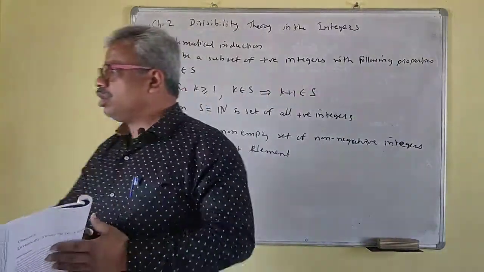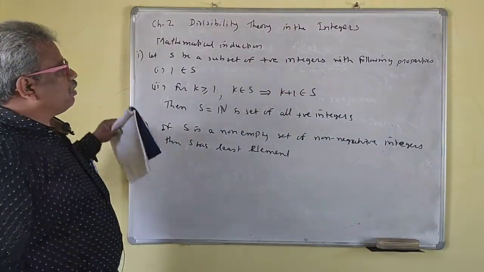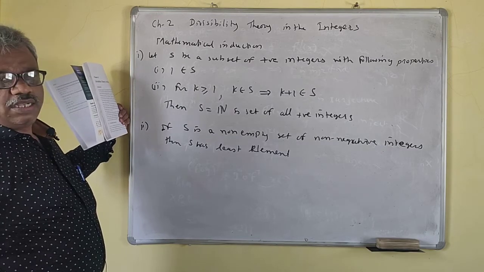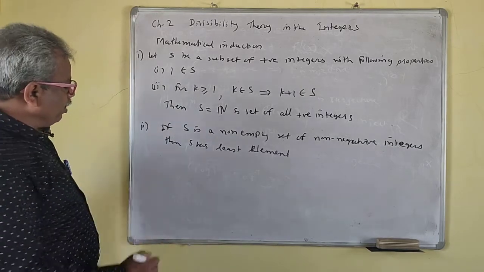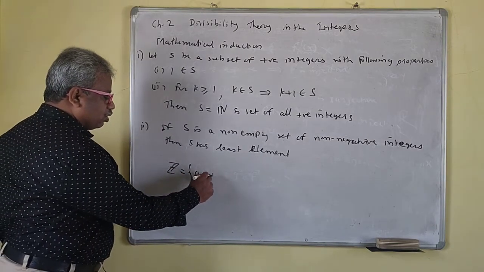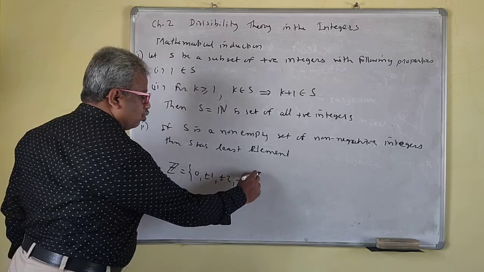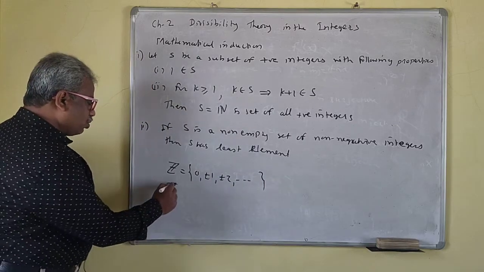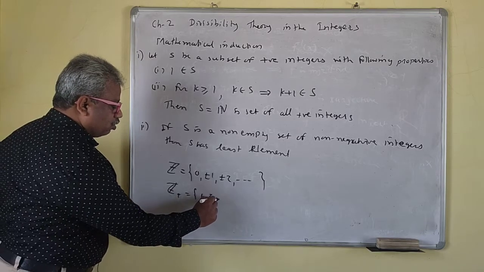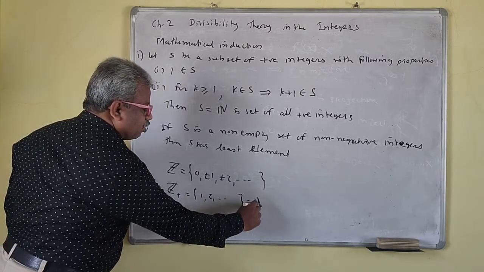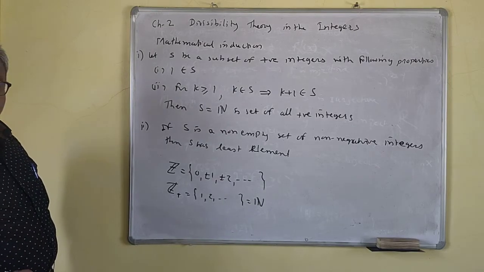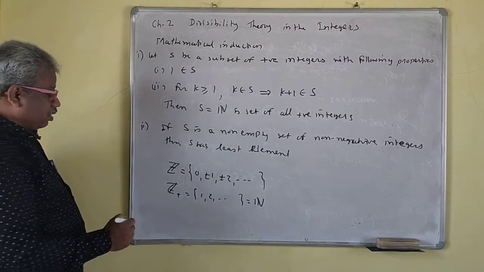So now we'll go to the second chapter of the mathematics paper first, algebra, that is divisibility theory in the integers. Okay, so you are familiar with the set of the integers. This is nothing but 0, plus or minus 1, plus or minus 2, and so on. If you want to take Z plus, the positive integers, that is 1, 2, 3 and so on. This is the same as the set of the natural numbers. Z plus means the set of all positive integers is nothing but the set of the natural numbers.